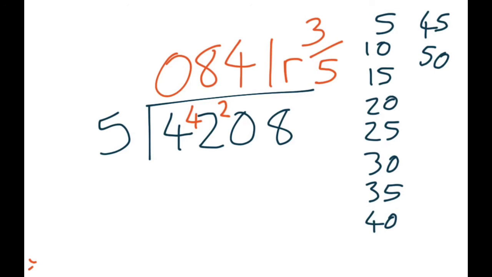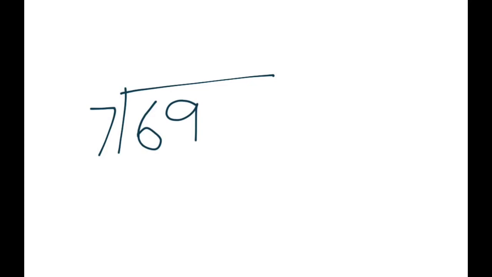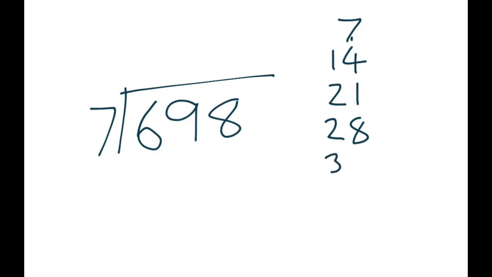There is a way to turn these into decimals as well, but I'm not going to do that at the moment because that's a bit trickier. Okay, let's do a harder times table. 7s into, and we're going to make this the last one, 698. And I really hope that's not in the 7 times tables because I haven't checked. Okay, 7, 14, count with me, 21, 28, 35, my favourite number 42,